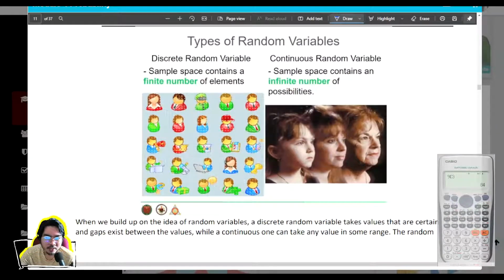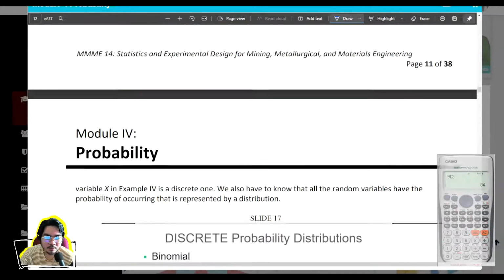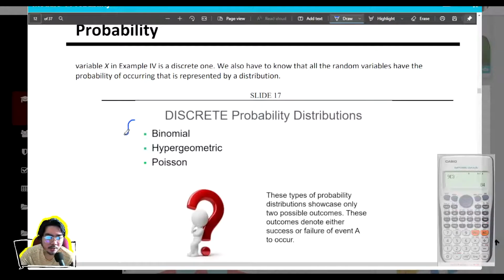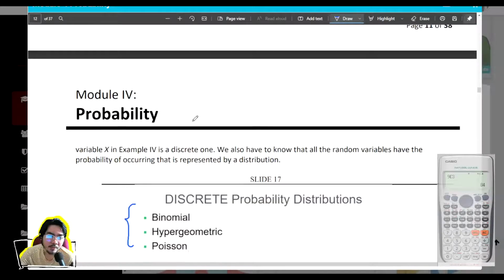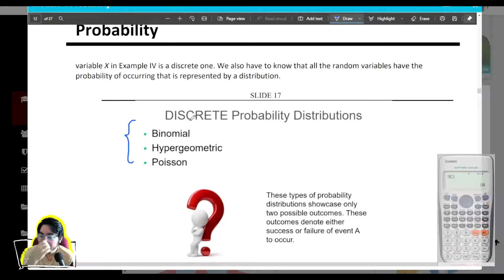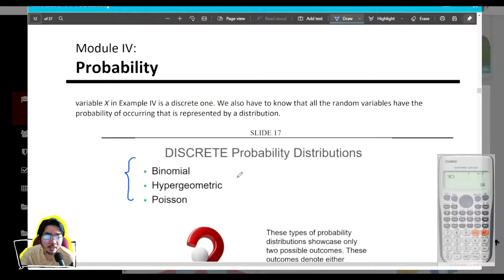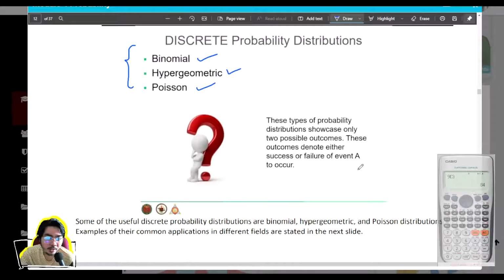Right? So, dito magbibigay ako ng 3 more probability distributions, and these are for discrete probability distributions, no? Which means na hindi infinite yung number of elements natin, discrete siya, kaya natin mabilang. And these discrete probability distributions are binomial, hypergeometric, and Poisson. Okay? So, usually, discrete siya kasi